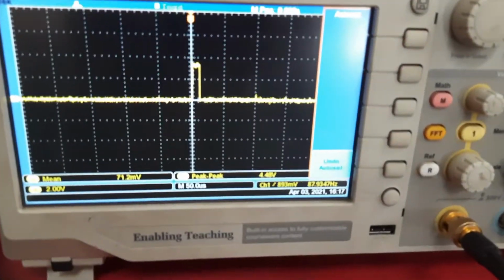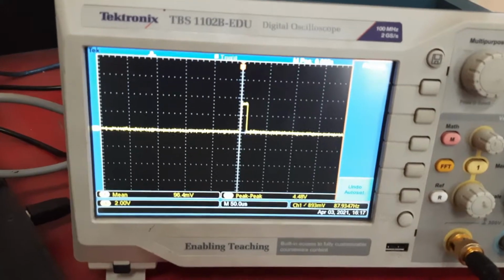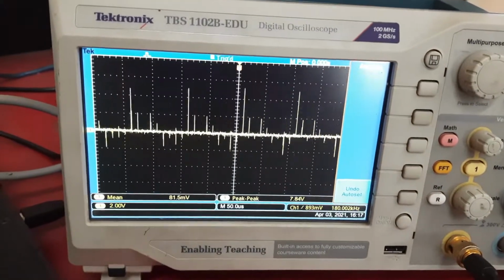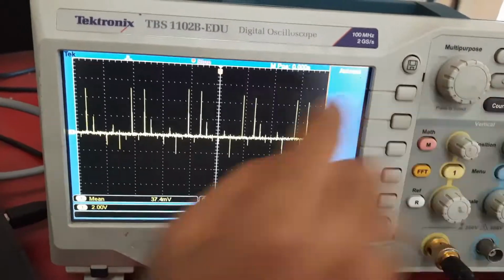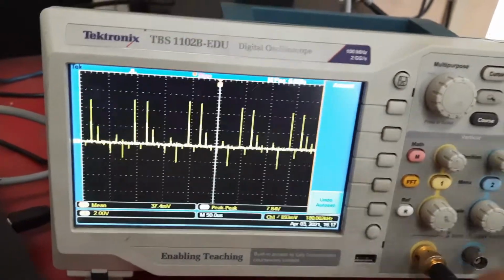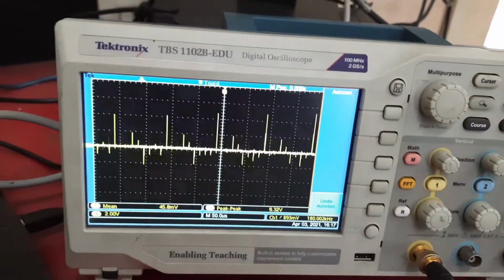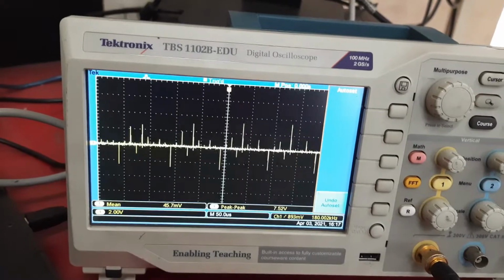This is the waveform for test data start of sequence, and point number 6 is for sample clock. This is a sample waveform. You can observe the sample data waveform here, and 7 is for I and 8 is for Q data.